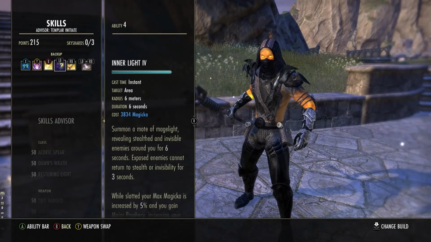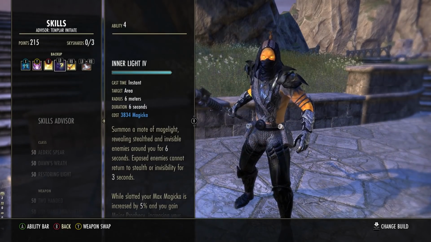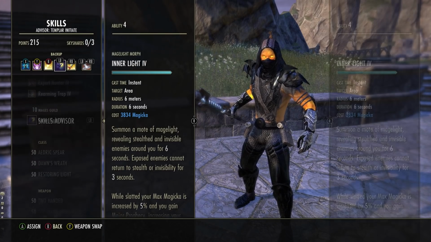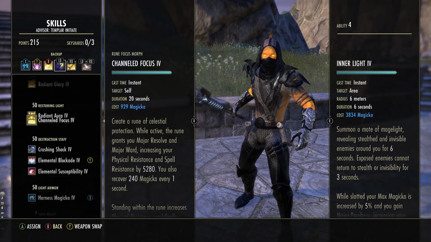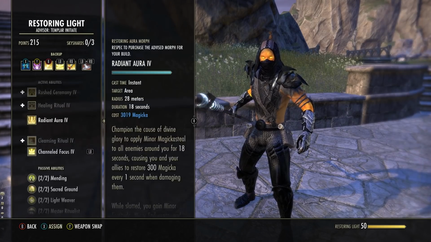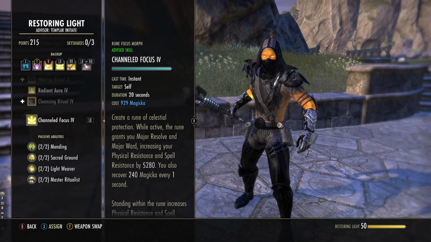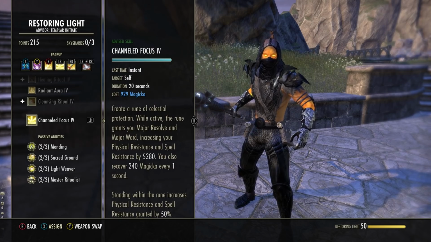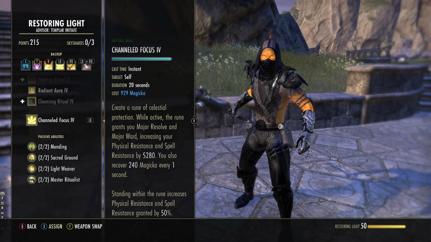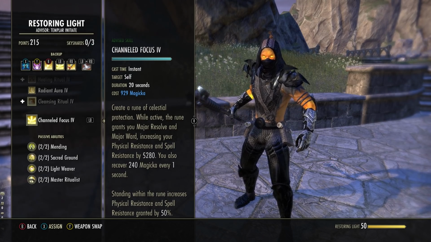Now, Inner Light goes here for, again, the 5% bonus to max Magicka, just like the front bar. But if you are in situations where you find you're a little bit squishy or your Magicka recovery is not quite up to par, you can swap this for Channeled Focus. Now, this is in the Restoring Light skill line. It's the 5th ability you unlock. Starts off as Rune Focus, which just gives you resistances, and then the Channeled Focus version of it gives you 240 Magicka back every 1 second for 20 seconds. It is incredible. However, this also gives you a Major Ward and Major Resolve, which is 5280 resistances across the